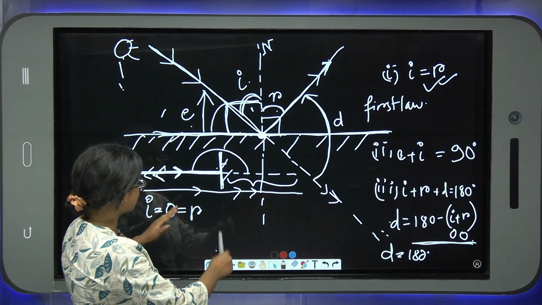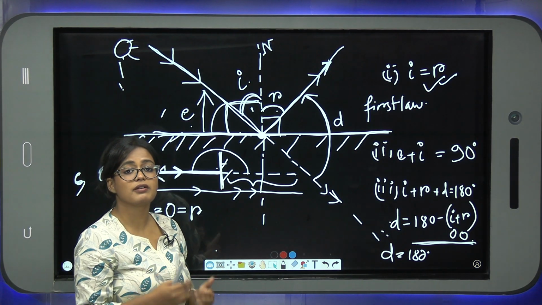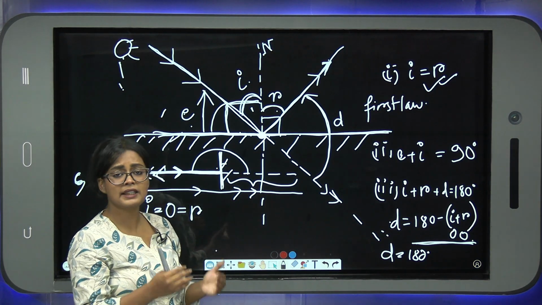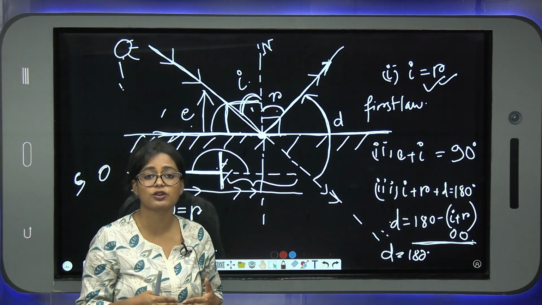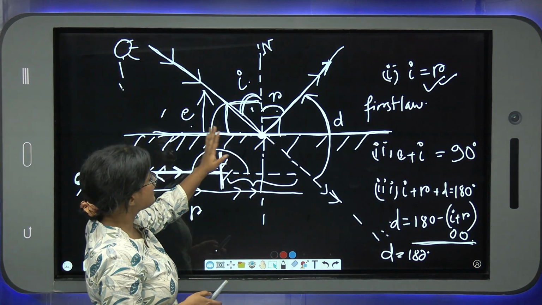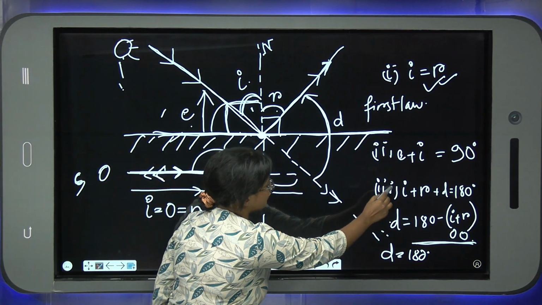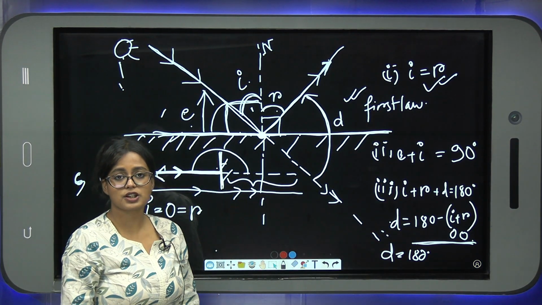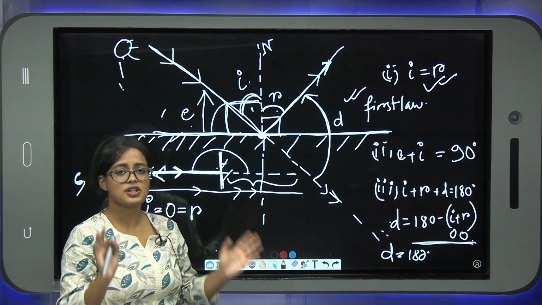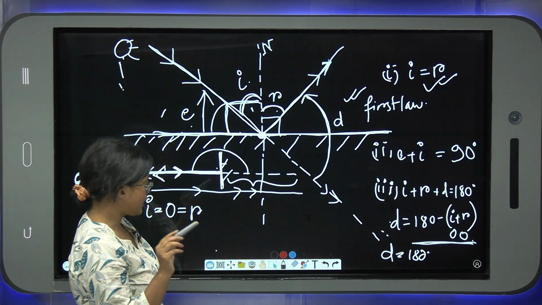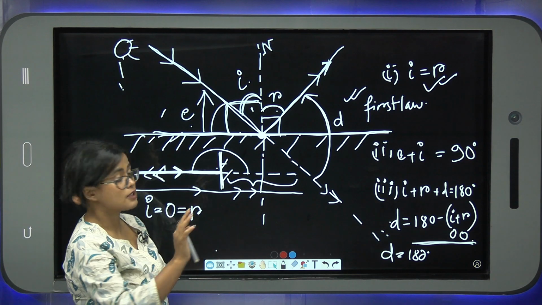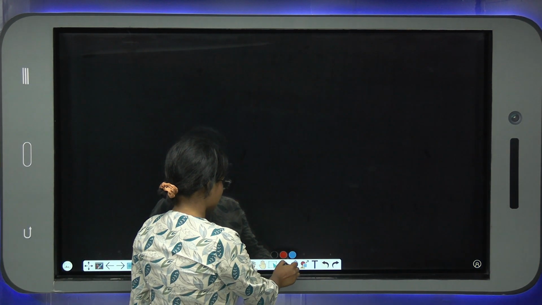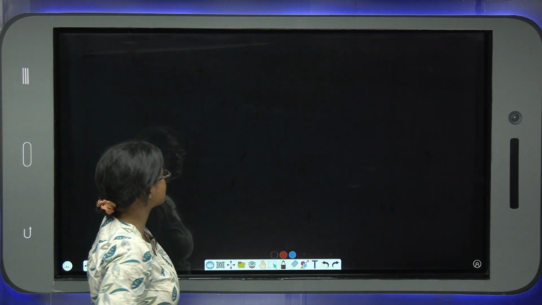This is how a plane reflecting surface like a mirror or a plane shiny metal, anything that is capable of reflection of light, works, and these are the mathematical forms and the first law concerned with the reflection through a plane mirror or in general reflection. Now, this brings us to the second law of reflection. What is the second law of reflection? The second law of reflection says that